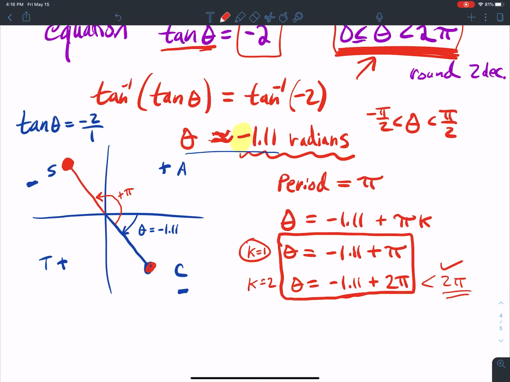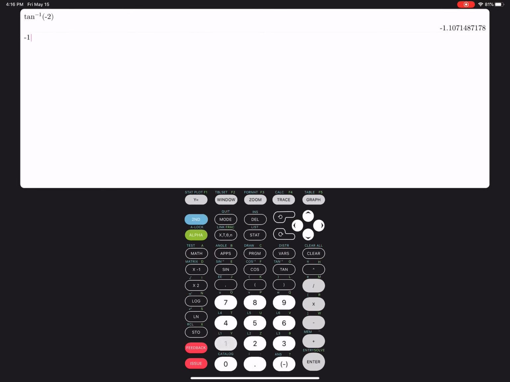So basically this is an answer. And then if I rotate it all the way around 2 pi, then I get back here. So those are both answers there. Tangent is negative in quadrant 2 and quadrant 4. So my solutions, I need to do -1.11 and then plus pi. So -1.11 plus pi